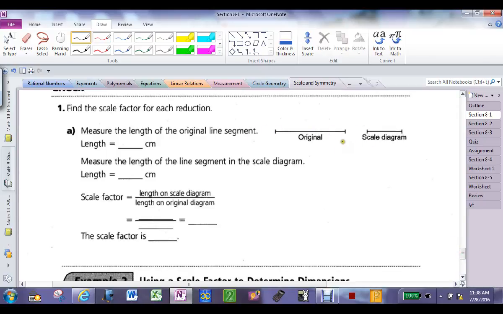So, here we go. Measure the length of the original line segment. Again, I want to save time. On my sheet, it is 3.8. Measure the length of the reduction. It is 2. How do I draw it? 3.8 over 2. No, 2 over 3.8 to get the scale factor of,